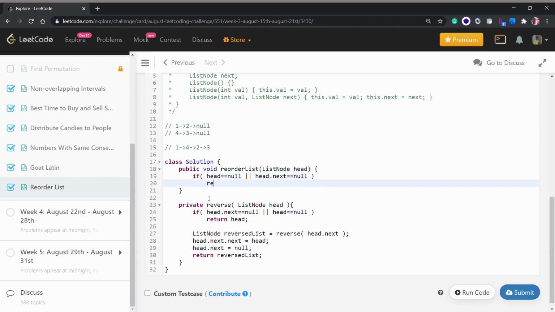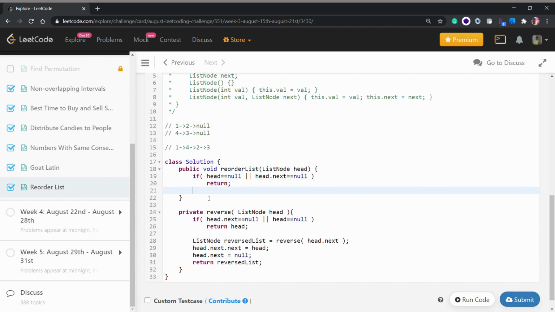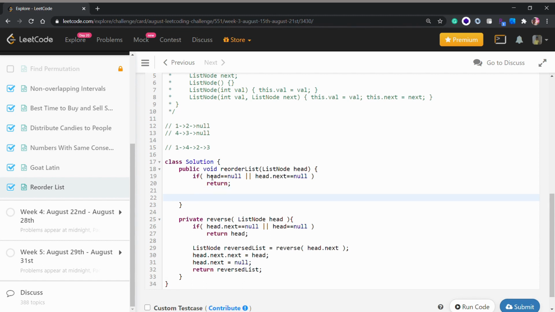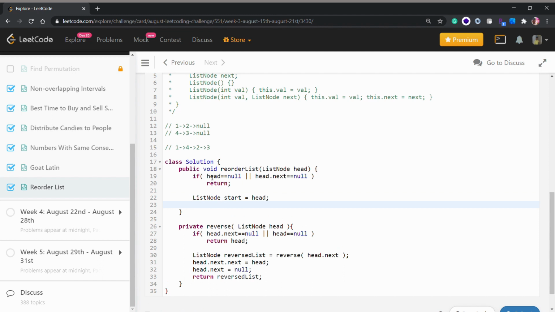If it is, we will just return from the method, because as you can see here, it returns void, it doesn't return anything, so we can't return head. And now we will have a ListNode start equal to head, so it will maintain a pointer at our head, so we know where our linked list starts.